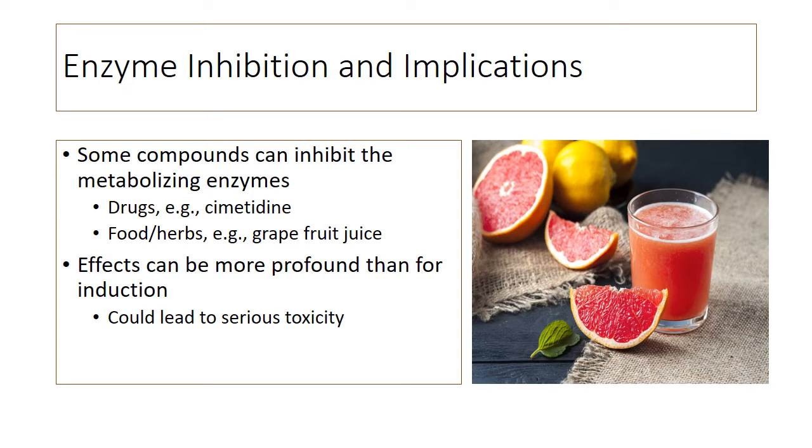And what this would mean is that concentrations of drugs that are taken concurrently with the enzyme inhibitor would increase, and that could actually lead to more serious toxicity. From a toxicological perspective, we tend to be more concerned about enzyme inhibition compared to enzyme induction, except perhaps when we are dealing with prodrugs or protoxins which are activated by the drug metabolizing system. So examples of drugs which would cause enzyme inhibition would be your cimetidine, but you've also got your azoles here. And then you could also have grapefruit juice, which is a very well-known classical example of a food which can cause enzyme inhibition. So the effects can be more profound than those for induction, and this could actually lead to more serious